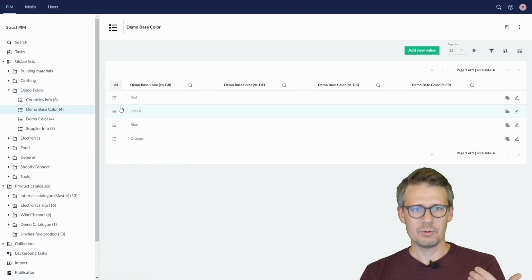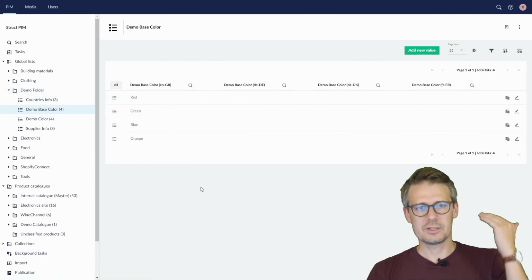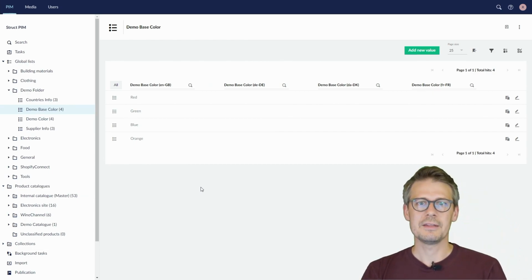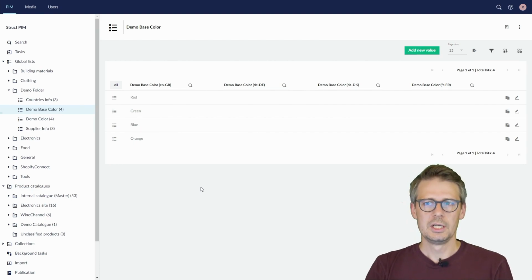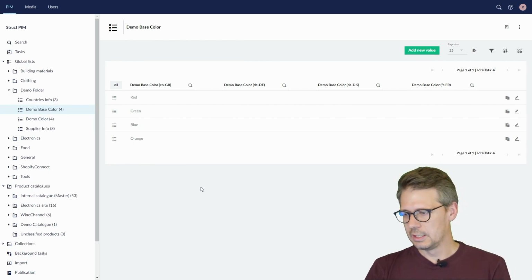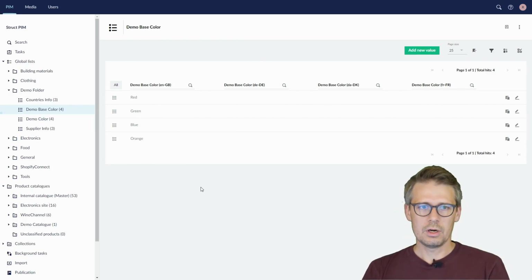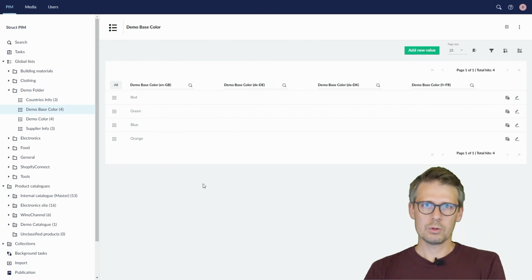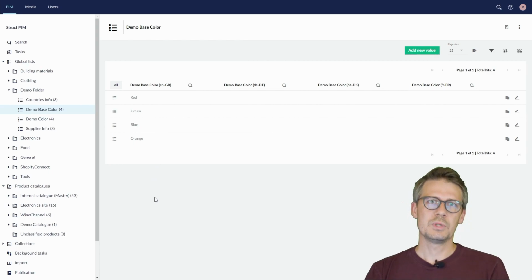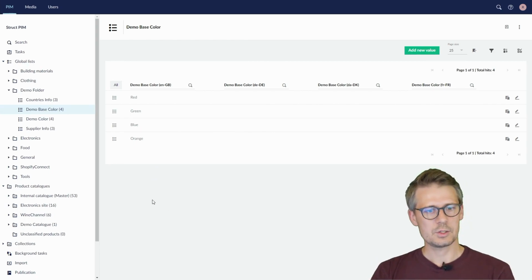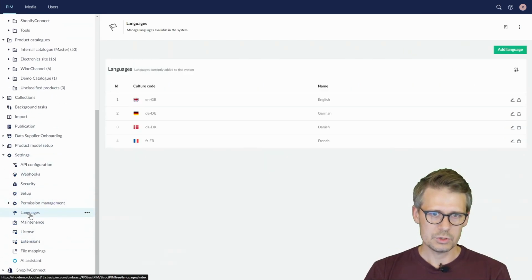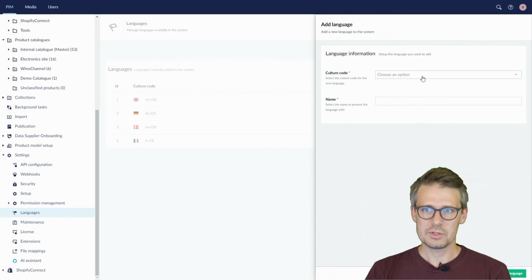So you can just imagine how easy it is just to translate a ton of global list you have in your system, and then you're ready to go for a different language. So imagine you have translated everything now, and you are in a situation where your boss comes and tells you, okay, we want to expand to Poland now. Can you please help us add this language so we can get things going tomorrow? Yes, sir. So you will go here to settings and you will go to languages, add a language,